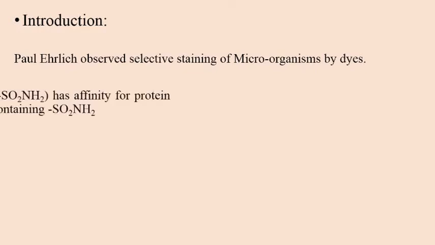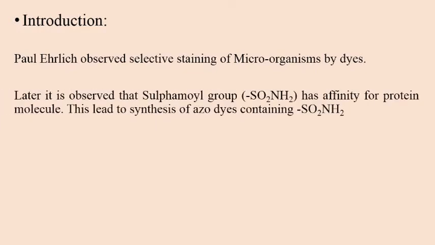Okay, and in the first chapter we discussed various antiseptics and disinfectants. Now in the second chapter it is observed that the sulfamoyl group, that is SO2NH2, has affinity for